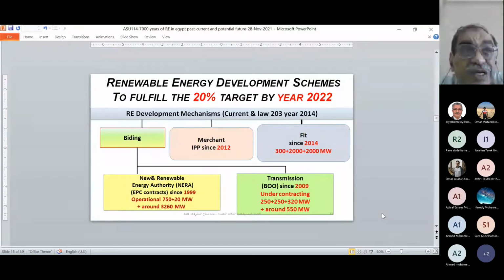The fourth scheme, which was at the time the jewel of the crown, is the feed-in tariff scheme. In that scheme, the state indicated three targets: 2,000 megawatts of wind energy projects, 2,000 megawatts of PV projects, and 300 megawatts of small size PV projects. In that first call, the announced value for electricity from large solar PV projects was around 14.2 American cents per kilowatt hour, and around 1 Egyptian pound for electricity produced from small PV size projects,